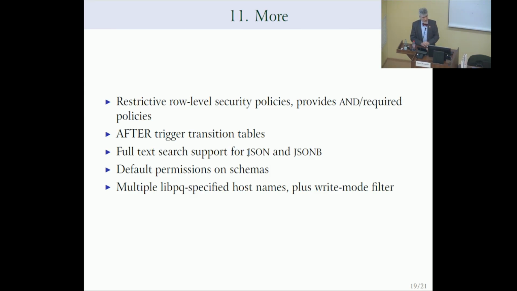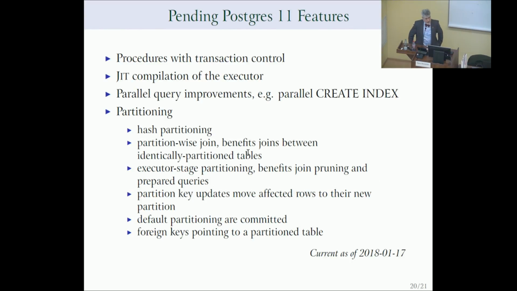Five other items that didn't make it onto my list for Postgres 10: better row-level security, full-text search for JSON and JSONB, schema default permissions, and some other things. Pretty interesting. And finally, in Postgres 11, just to give you an idea of what we can expect in September, October,